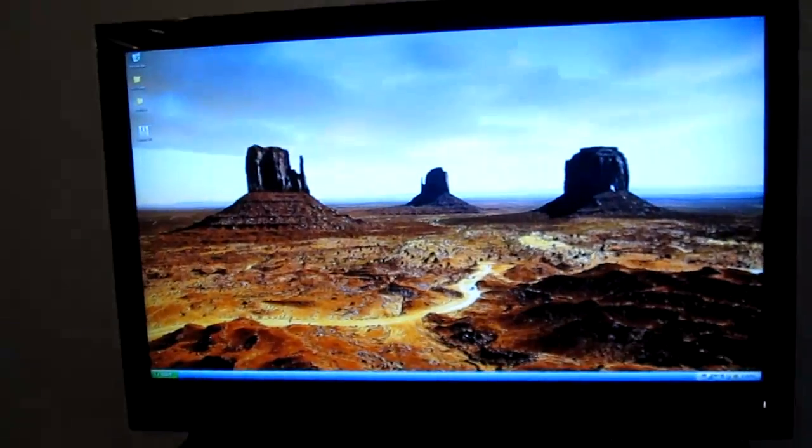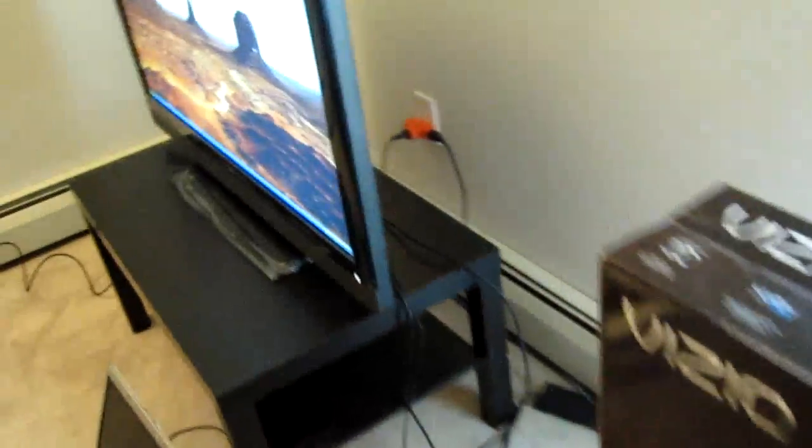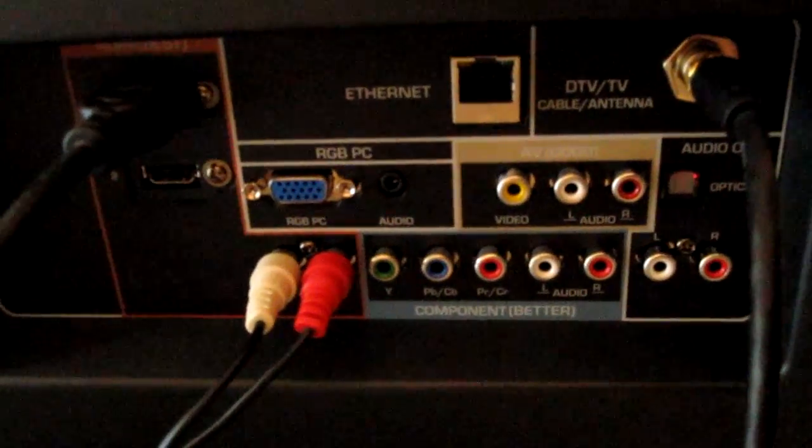Anytime you see a 3D movie, just save your pair of glasses, like I did at one point. As you can see right here, Real 3D, it's the same exact glasses. And of course, I just want to point out some of the things here. Let's see, we have some inputs here. We have 2 USBs, a side HDMI. We have some buttons. Of course, this is where all the component things are set up. As you can see, I have a standard HDMI, and I have my audio coming